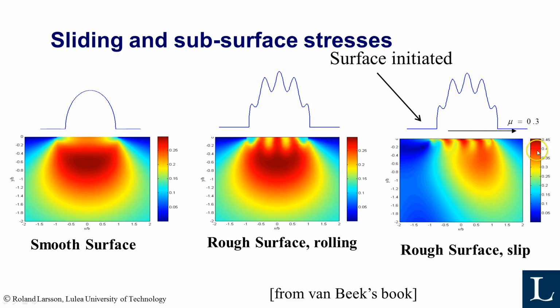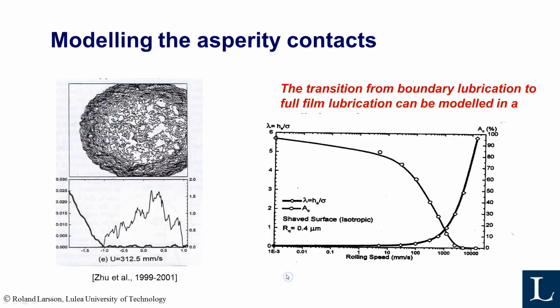You can see here, note that this scale is now on 0.45 dimensionless units, while in this case it was only 0.28. This is another quite recent work. It's by Shu et al. at the Northwestern University in the US. They were able to model the rough surface contact as it is, the lubrication of a rough surface really, and they were able to model the